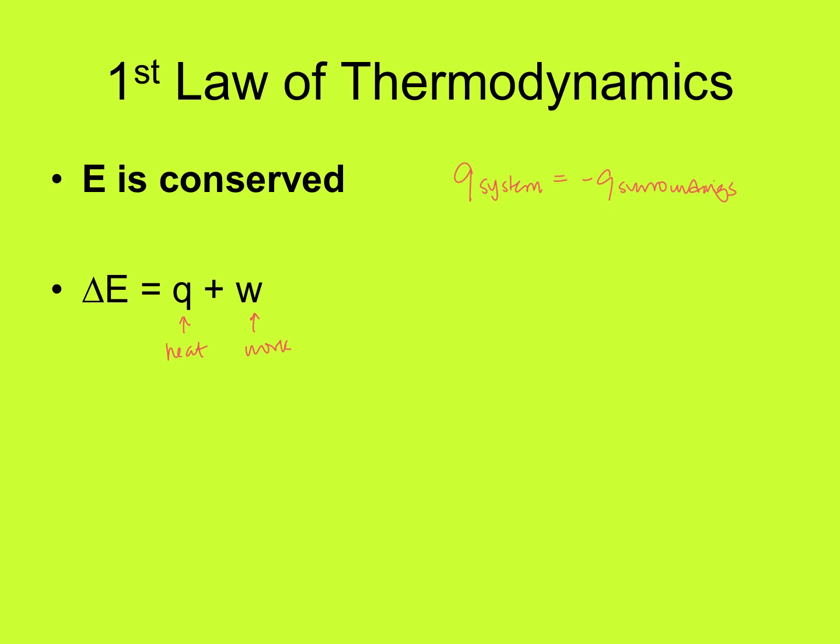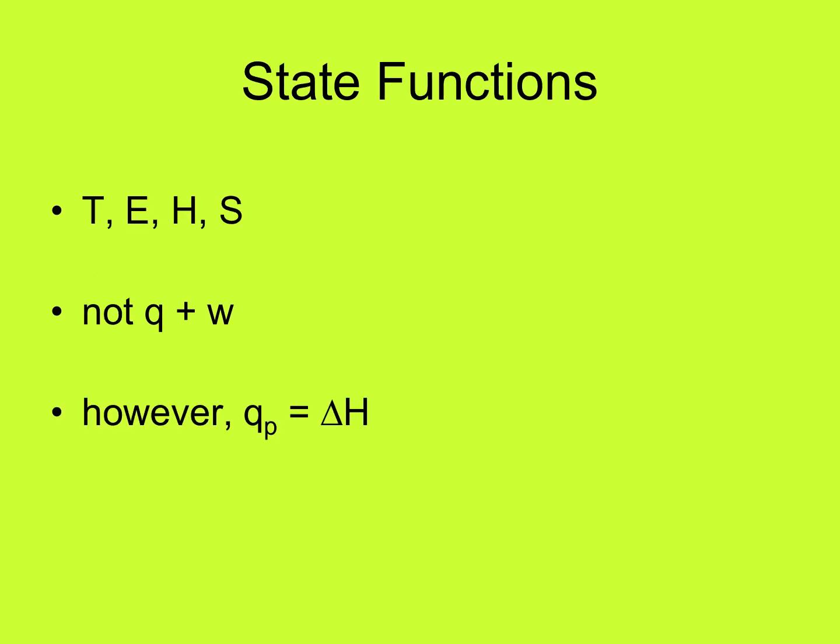So moving forward here, we're going to talk about what a state function is, and that is referring to properties of the system at that moment. So we can say that temperature, energy, the heat content, and you will soon learn about S, which refers to entropy. Those are all properties of the system at that given moment. So if we state that the temperature is, say, 25 degrees Celsius, 298 Kelvin, that's the property of the system at that moment.